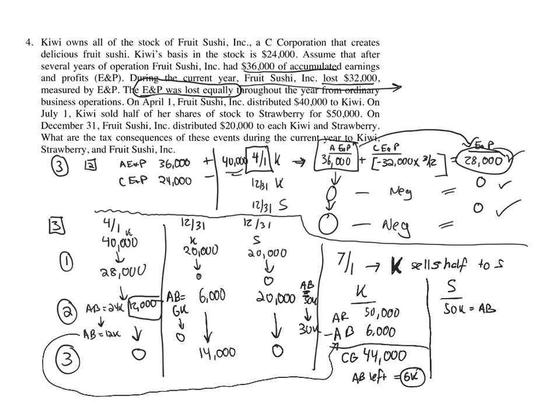In problem 4. Problem 5. In problem 5, it's the same facts. The only thing that changes is that the E&P was lost equally in problem 4. In problem 5, it was lost on a 2-1 sale. So what does that mean? How does it affect everything? This all stays the same, but what happens is the current E&P that's going to be allocated here